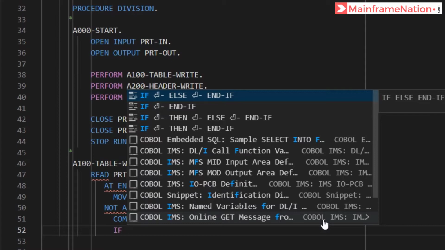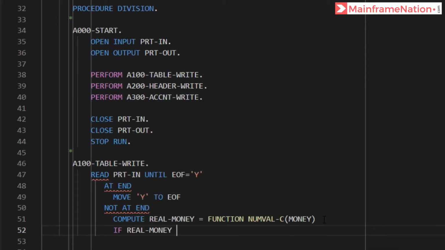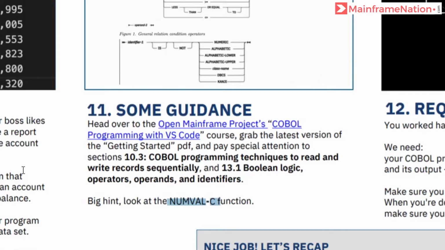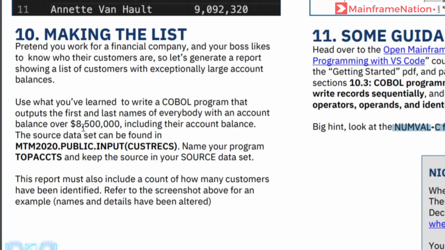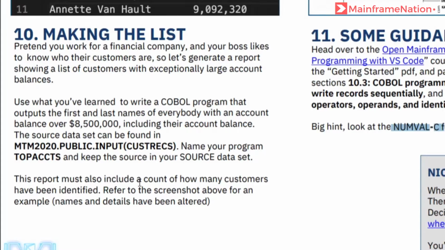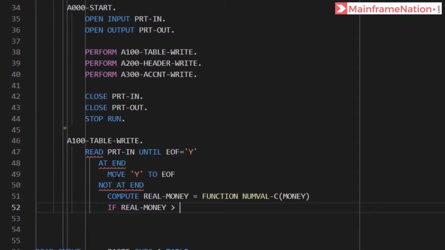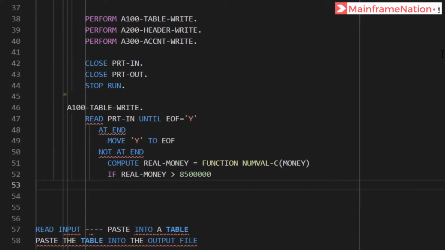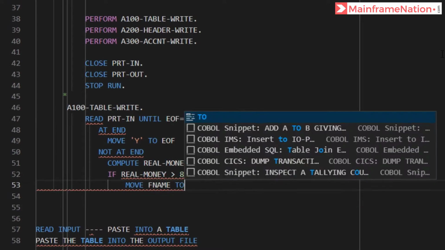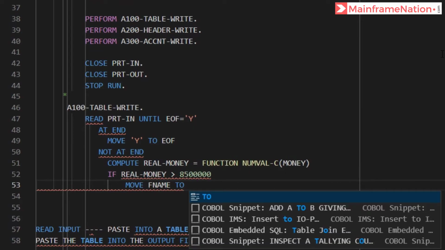If this real money is greater than, let's see how much, 85000000. So 8.5 million. So here let's give 85. If real money is greater than 8.5 million, then we will write it. So let's move the first name to some variable and write it into a table.